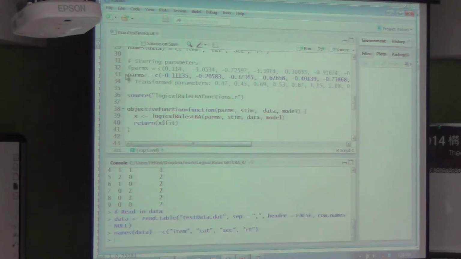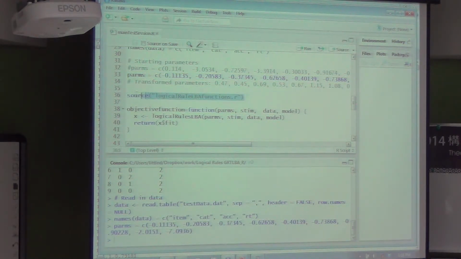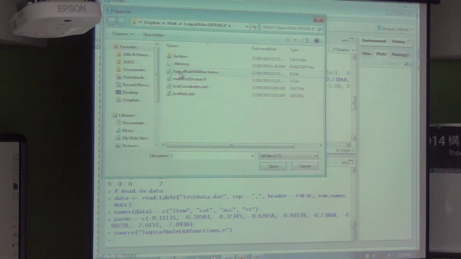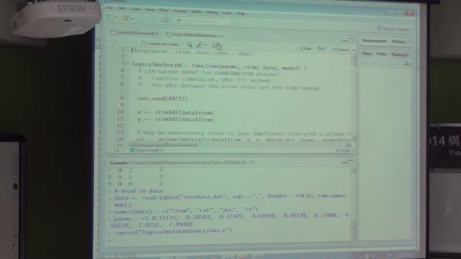And I've got a bunch of starting parameters here. These are just good guesses where things might be, and they're not going to make any sense at the moment, for reasons which I'll explain when we delve deeper into the models. And then I'm also going to load up this source file, which has all of the functions that we're going to need to fit the models. So let me open that particular file as well. That main test session.r file packages up everything to send it away to the functions that we're going to need to compute the model predictions and the model fit.